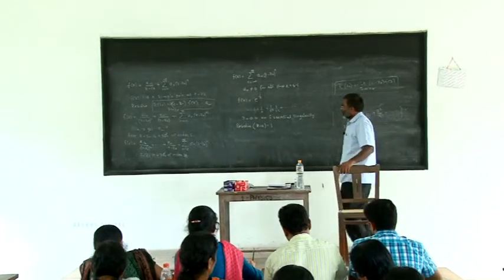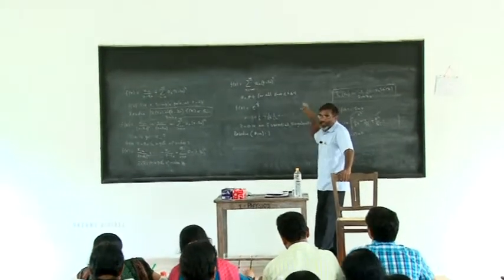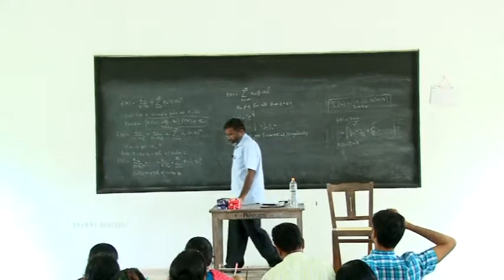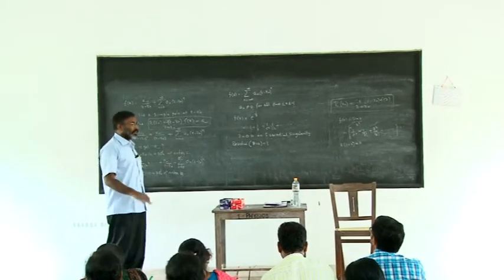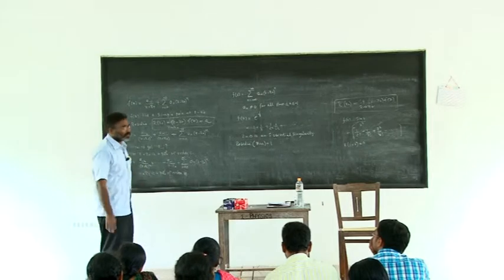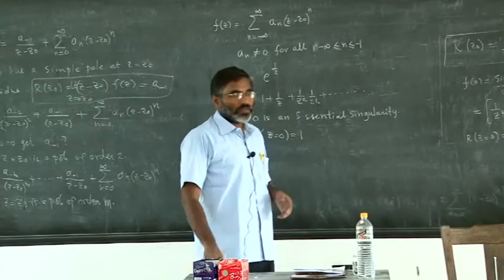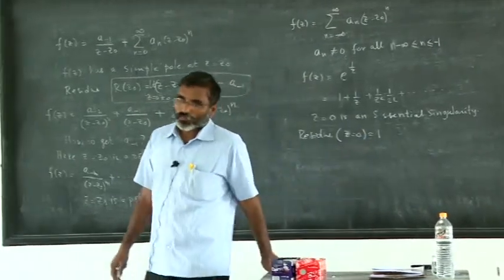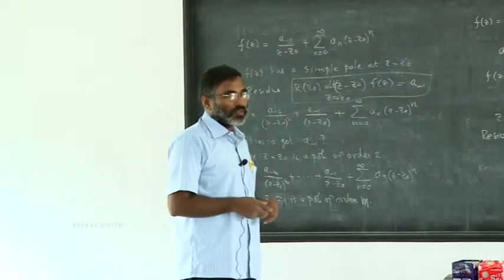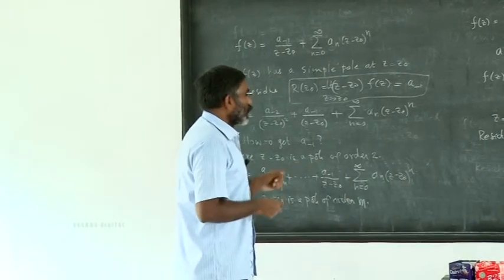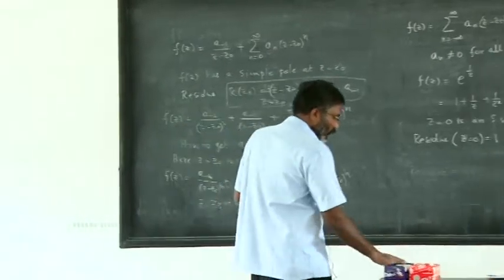So we have got three types of singularities. One is the removable singularity, which we do not really have to worry about because it can be removed. Then we have simple poles and poles of higher order, and then the essential singularity, essentially a pole of infinite order. There is one more type of singularity which I didn't discuss today, but we will discuss in tomorrow's lectures. That's called a branch point. Branch points are related to multi-valued functions. So that particular singularity we will discuss. So these are the types of singularities.